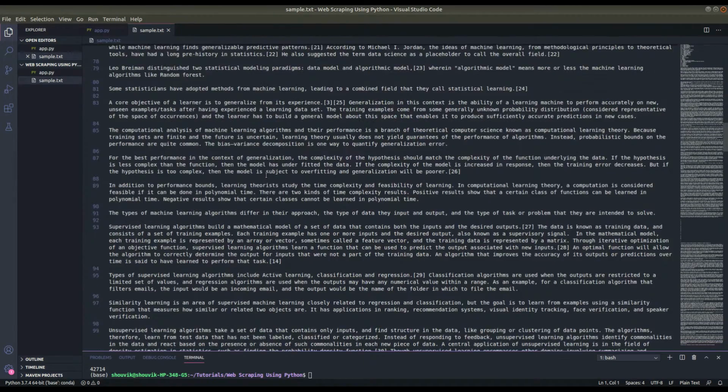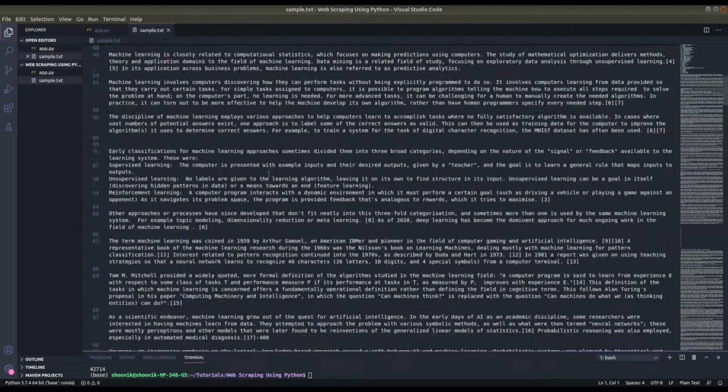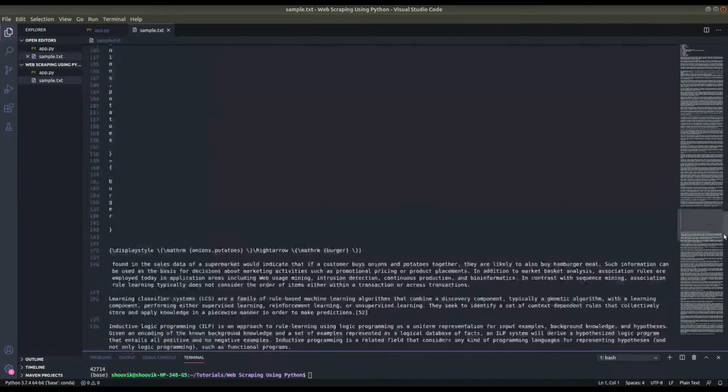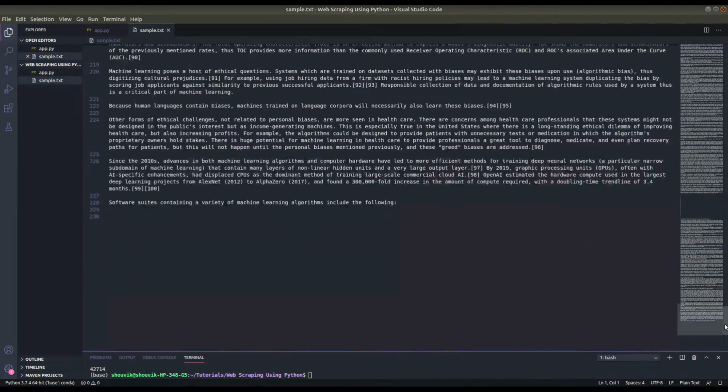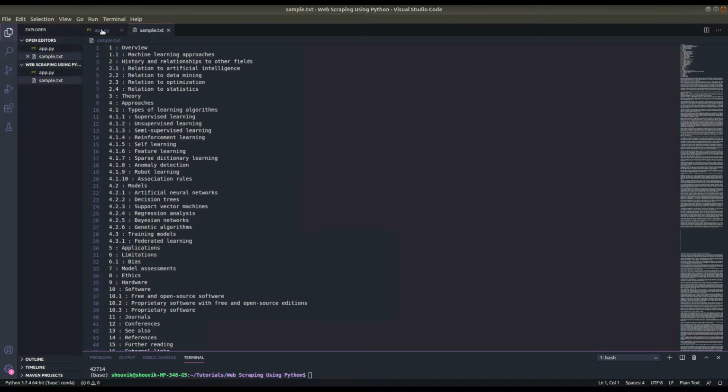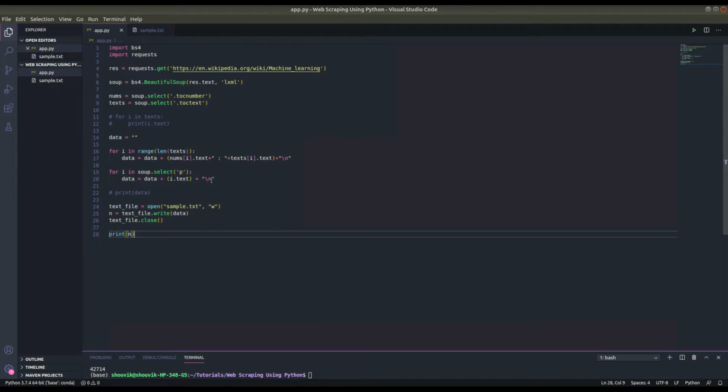Now if we haven't used a new line, everything will be clumped at the end of each line, so we don't want that. And you can see, wow, a lot of data. Let us just do one thing. We'll just skip this p tag for simplicity. We'll comment it out. And now if we run this script,